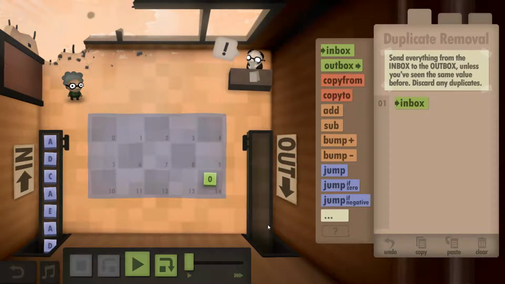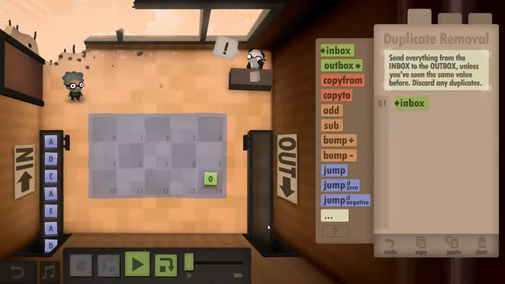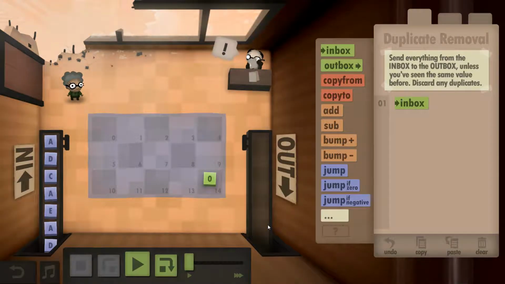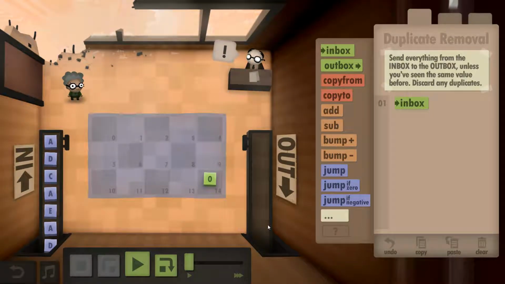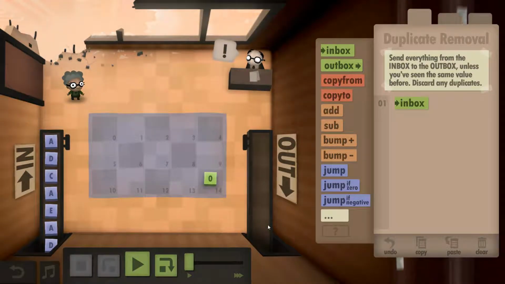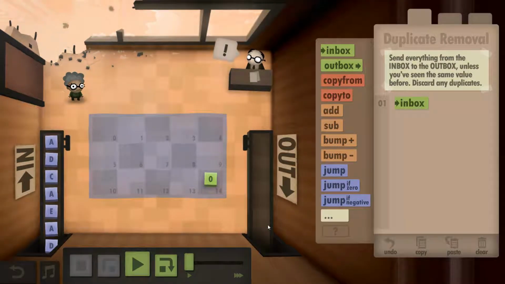Probably. Zero termination. Because when you pick up the A and put it to the outbox, that's fine. If the next one were an A though, you have to detect that it's an A. So when you pick up the A, you actually have to save it to 0 and then put it to the outbox. If you want to check for D though,